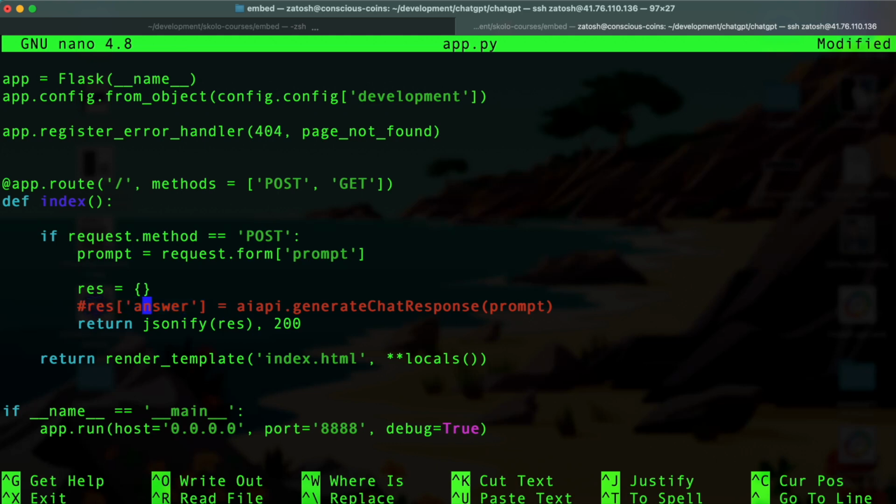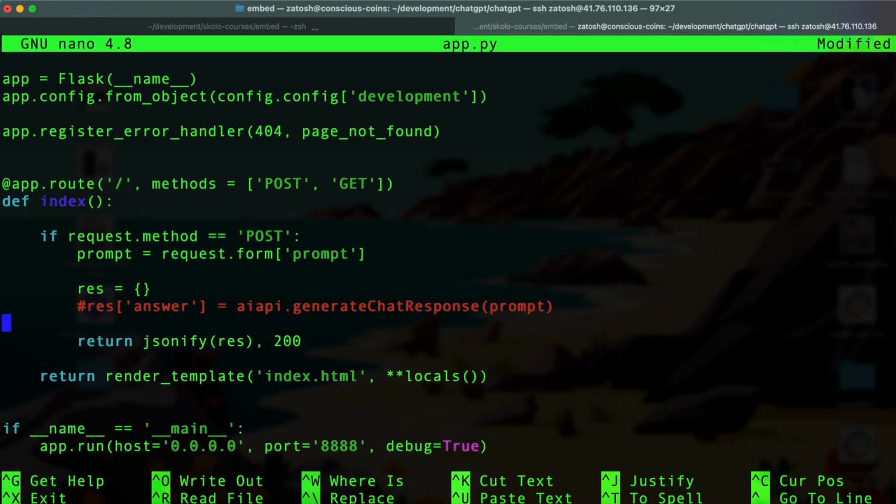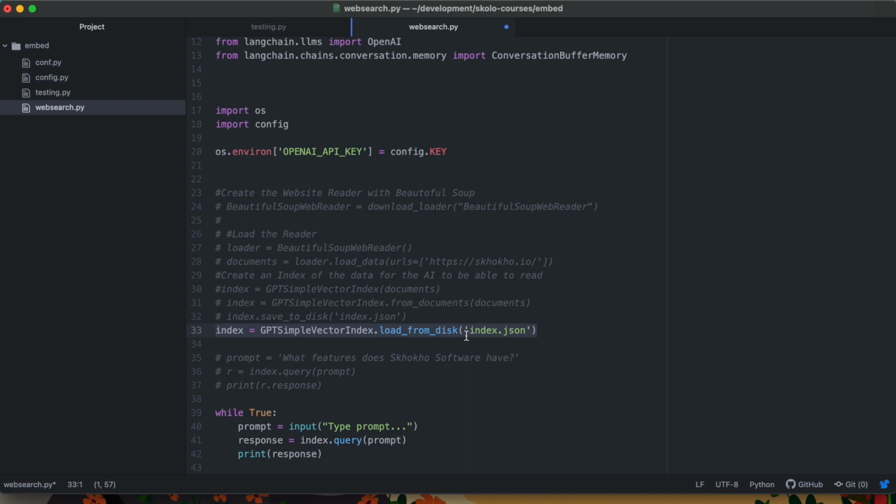instead of getting the response from the generate chat response function, which we used before, we're going to create a new function. We're going to say a response answer. So basically we need to keep the same structure. And instead of getting the response from there, we're going to say it is index query prompt. So basically this index query prompt is exactly the same thing we did over there,